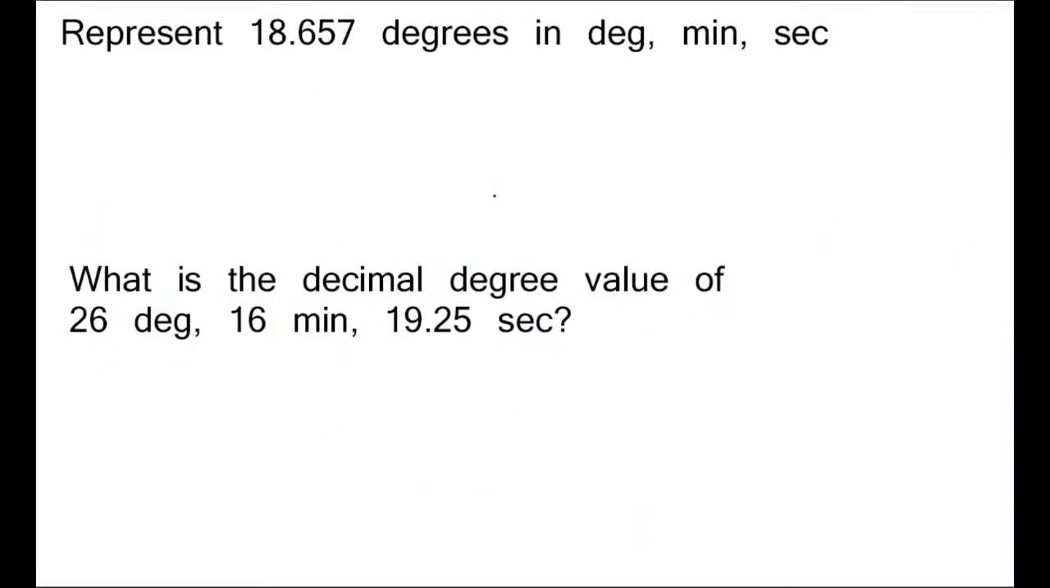Welcome back everybody. These are the exercises for changing degrees into degrees, minutes, seconds. These are two questions that I just wrote up, and let's get to solving them. The first question is, represent 18.657 degrees in degrees, minutes, seconds. First of all, this 18 degrees just stays still, so it's 18 degrees. And with this 0.657, I'm going to multiply it by 60, and let's get my handy calculator out. 0.657 times 60 is